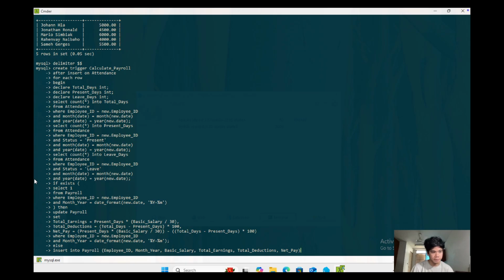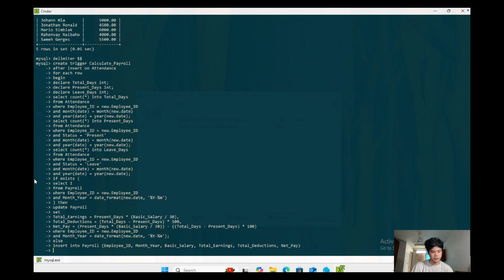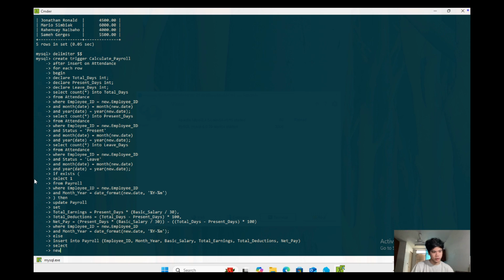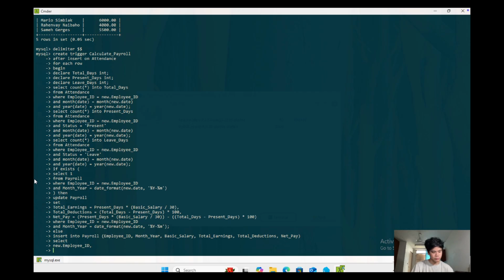So insert into payroll employee_ID, month_year, basic_salary, total_earnings, total_deductions, net_pay, closing. Select new.employee_ID, new.employee_ID, new.employee_ID, comma, date_format, which is new.date